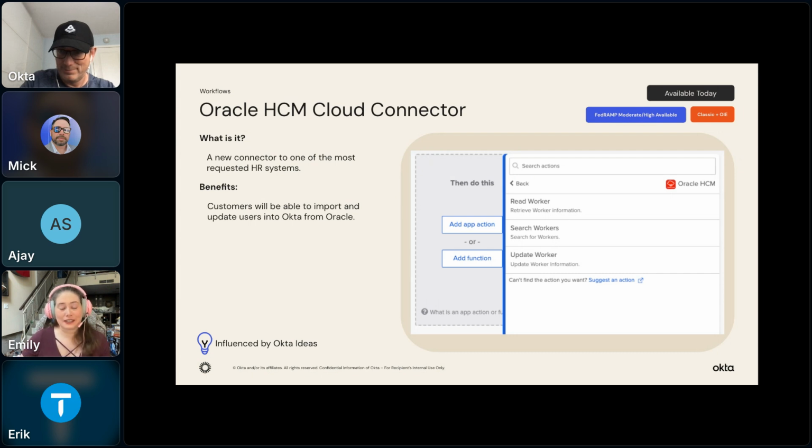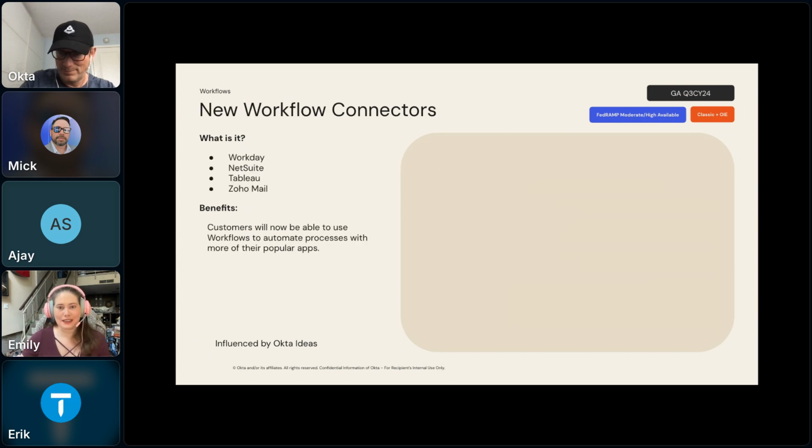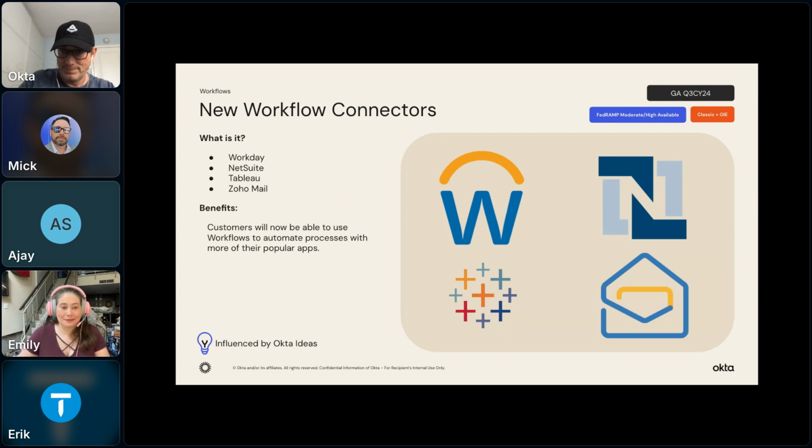More HR connectors are coming soon, such as Workday, which has been probably our most requested one for the longest amount of time. So we're thrilled that that one should be coming out in this upcoming quarter. We're also working on NetSuite, Tableau, and Zoho Mail.